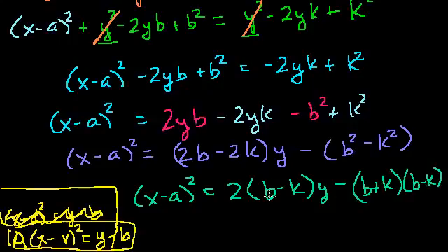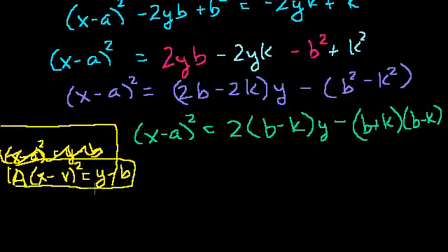And I wanted to do that because I saw this b minus k out there, so that looked interesting to get it on both terms right there. And let's divide everything by 1 over 2 times (b minus k), because I just want a y here, so I have some coefficient in front of the y. So let's divide everything by 1 over 2(b minus k). So then you get